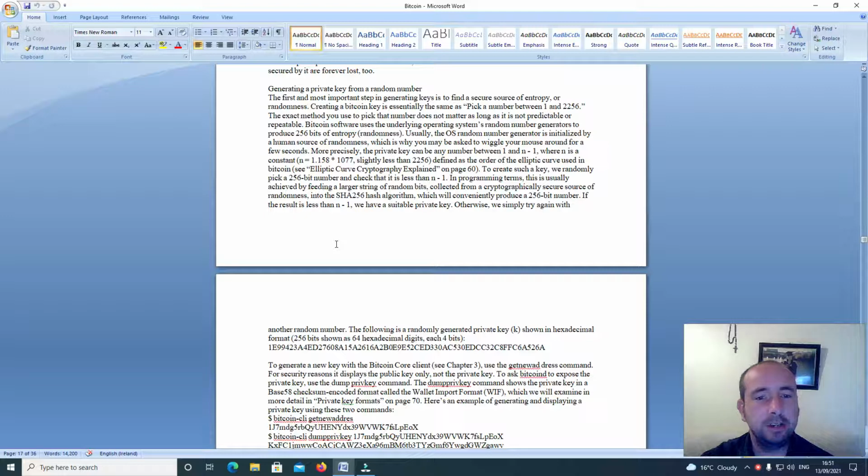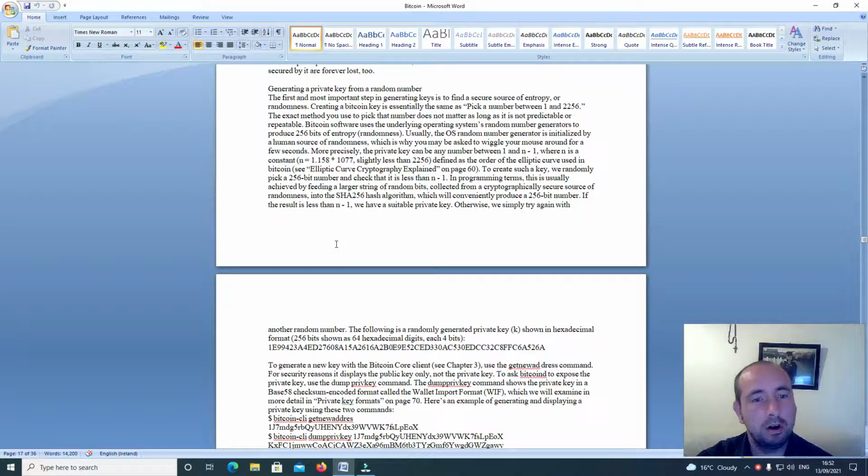Generating a private key from a random number. The first and most important step in generating keys is to find a secure source of entropy or randomness. Creating a Bitcoin key is essentially the same as picking a number between 1 and 2^256. The exact method you use to pick that number does not matter as long as it is not predictable